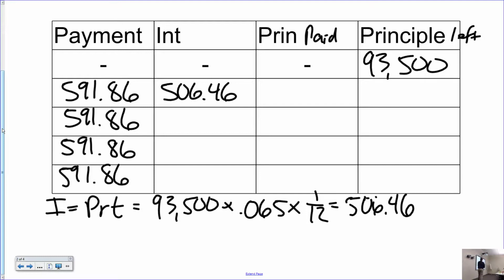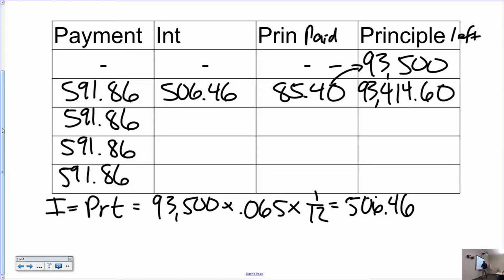So how much of your house did you actually buy? $85.40. The difference between those, you paid a whole $85.40 off on your house. Woohoo! Go team! So you just subtract those two. That's all you got to do, because your payment pays the interest first, and whatever's left is how much gets taken off of your principal. So this number comes off of the principal. Subtract these two, and you get $93,414.60. And now rinse and repeat